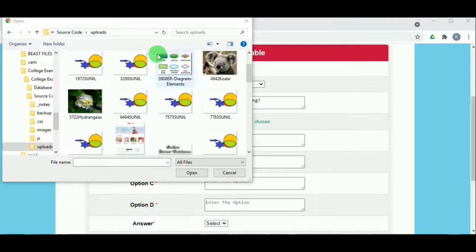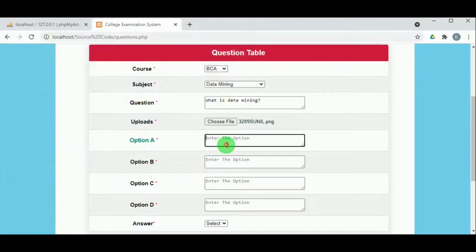The admin must add the question and they can upload the image. So in the image section they can upload some related image also. And there are 4 options for the test. So the test will be a multiple choice, that is MCQ test. Hence each question will have 4 options, among which the student must select one option that should be the correct answer.